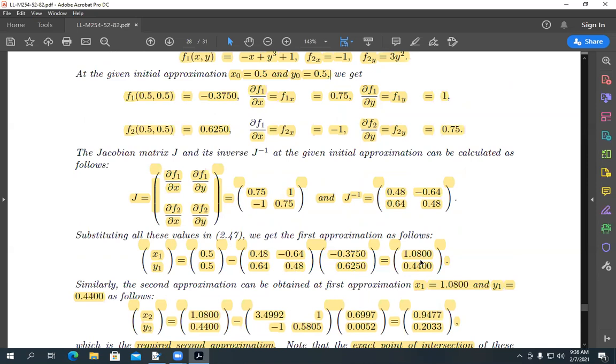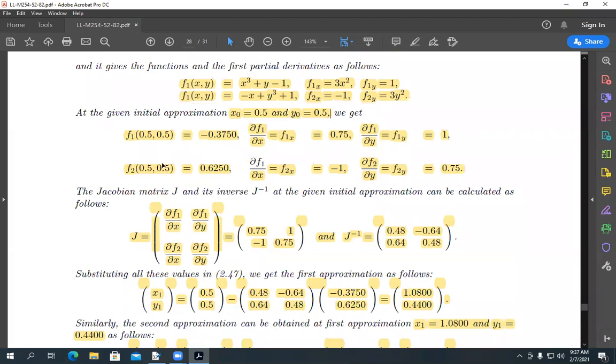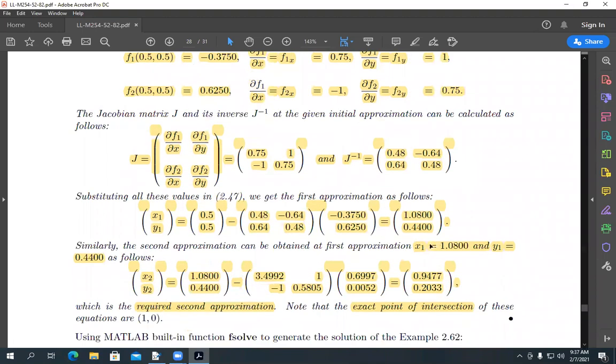Now, in this question, I say find the second approximation. It means you have to repeat all this process again with the new approximation, because we did this procedure with the approximation x naught is 0.5 and y naught is equal to 0.5. You have to calculate your function value again, their derivative value again, and their J and J inverse with the new approximation. x1 is 1.08, which we just got now. y1 is 0.04. And inshallah, you will get this shape of the Newton formula, which gives you the second approximation of the